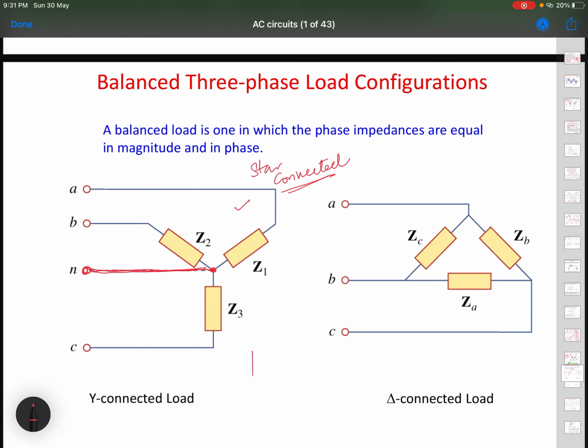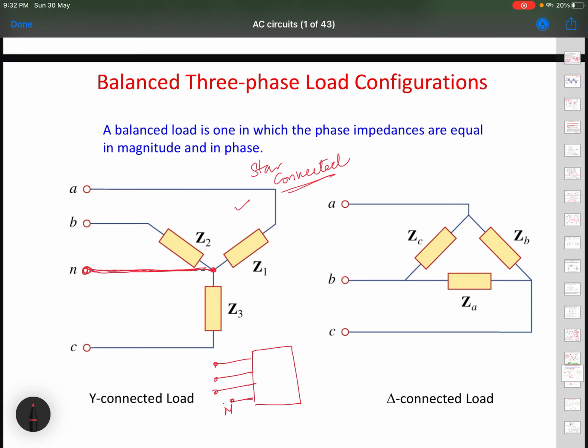So a three-phase load could be a three-phase star connected load, a three-wire load. Outside you will see only three wires coming out, or the other flavor would be one more wire, which may be the neutral. So it comes in two ways.